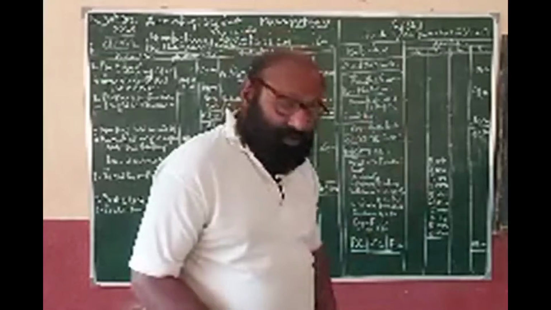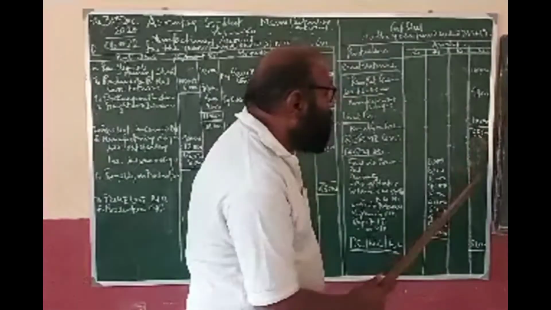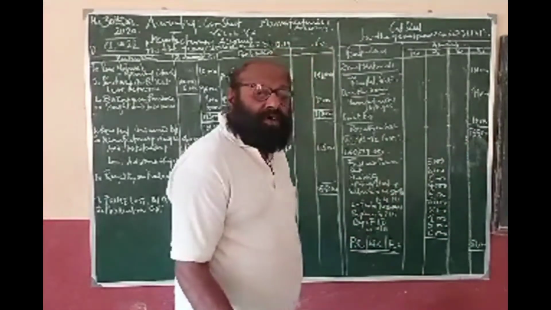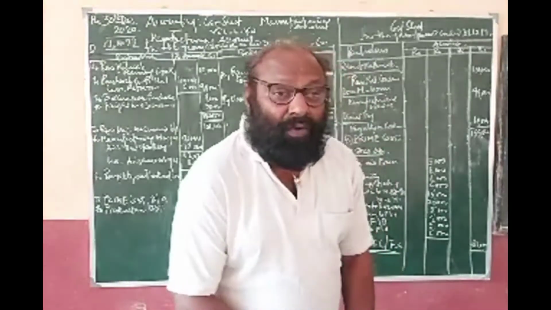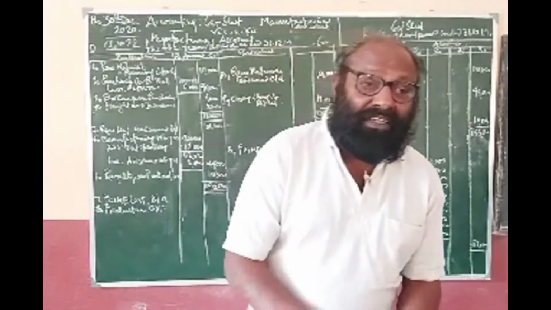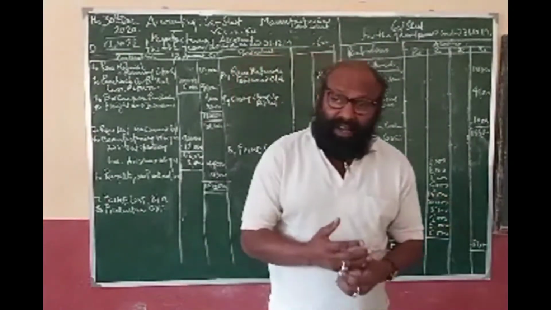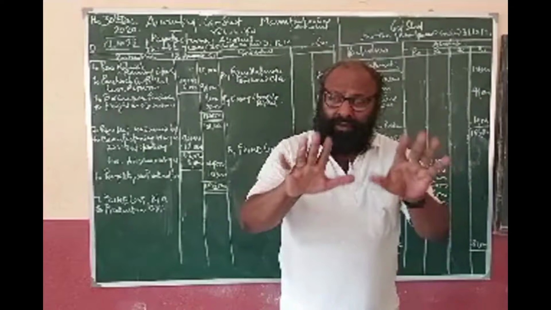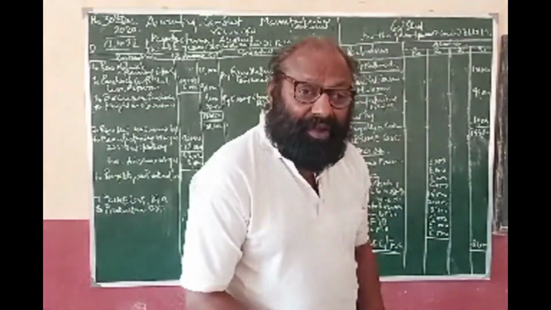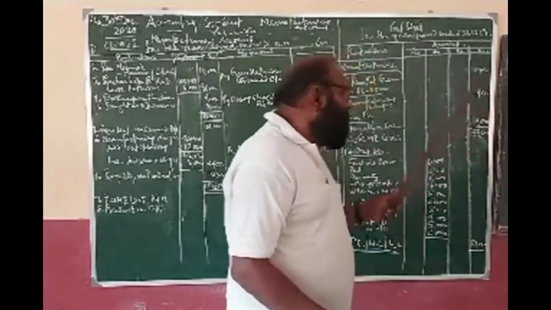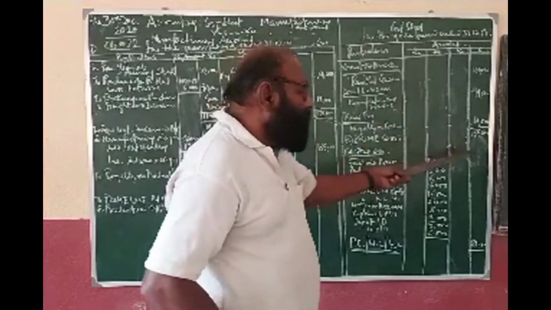First part of the cost sheet, what was included in that? First of all, I have already told you that cost has got two dimensions, two specific segregations. One is direct cost and the other is overhead. Direct costs are identifiable costs, overheads are non-identifiable costs. We told it many times. Now prime cost has got three elements: direct material, direct labor and direct expenses. Direct material, direct labor and direct expenses constitute prime cost.